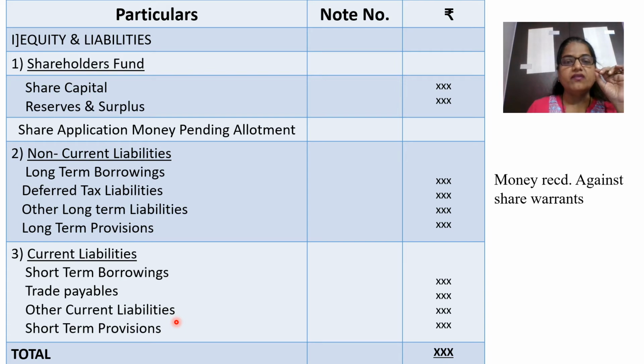Any liability which is of a current nature, means which is to be repaid within a shorter period of time, but which cannot be classified as short-term borrowing or trade payable, comes under where? Other current liability. जो लाइबिलिटी करंट लाइबिलिटी है बट ये शॉर्ट टर्म बोरोइंग में नहीं फिट बैठती है, ट्रेड पेएबल में नहीं लिख सकते हैं, उसको किधर लिखते हैं हम? कौन से हेडिंग में? अदर करंट लाइबिलिटी.